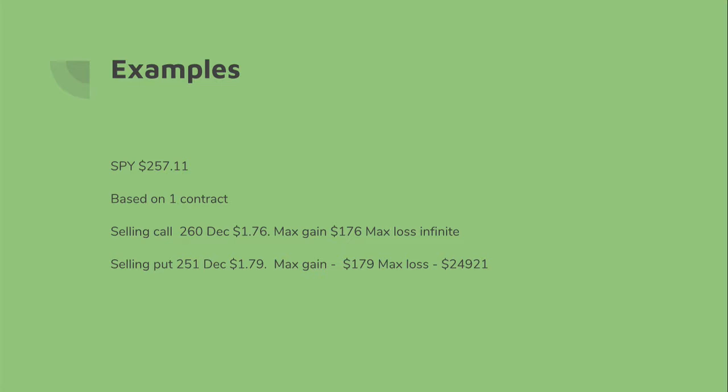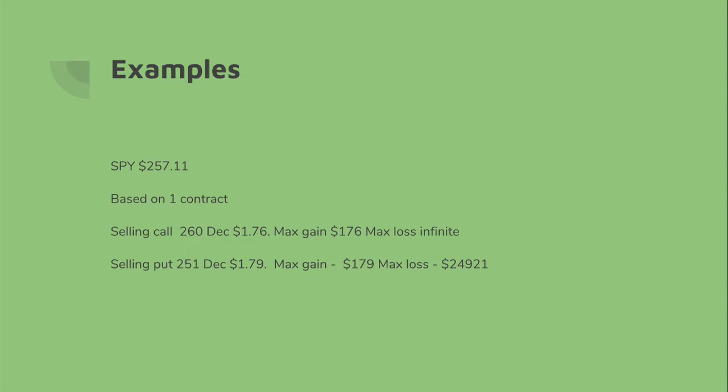But anyways, so we sell the 260. These prices, by the way, are based on the close on Friday, October the 20th. So again, selling a 260 December call for the SPY, $1.76. Of course, your max gain is $176, and your max loss is infinite, which I find terrifying. And again, selling a put, say the 251 December, $1.79, and your max gain is $179, which is the premium, and your max loss is